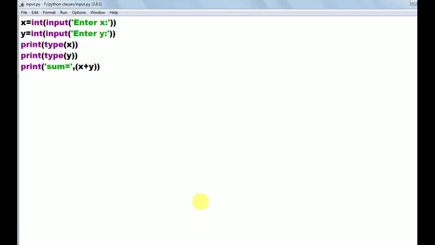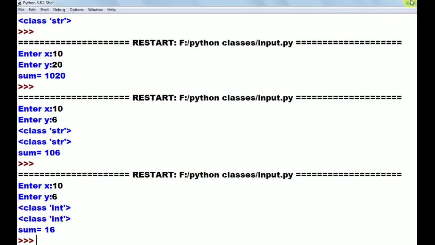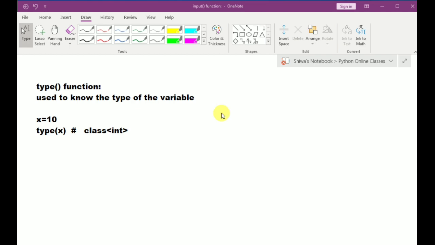And now see what the internal mechanism is, what is happening when we are creating this x object and y object. See here.